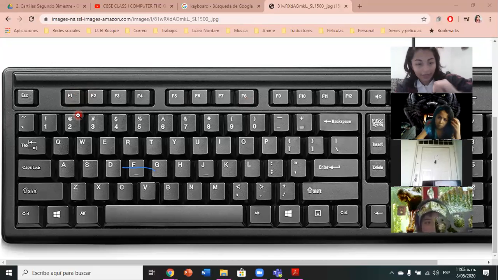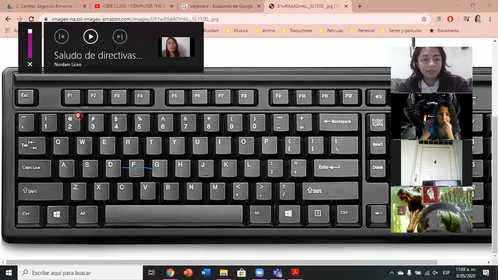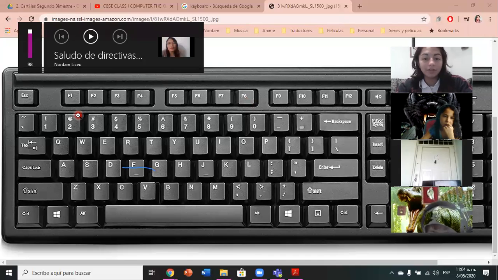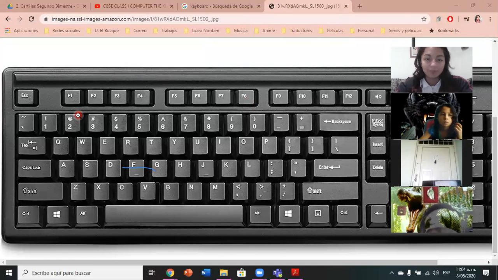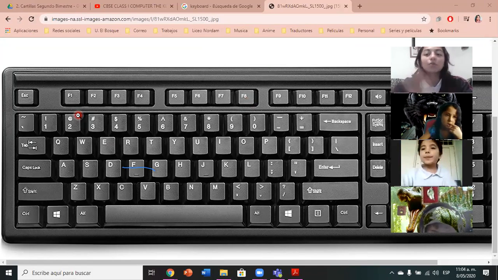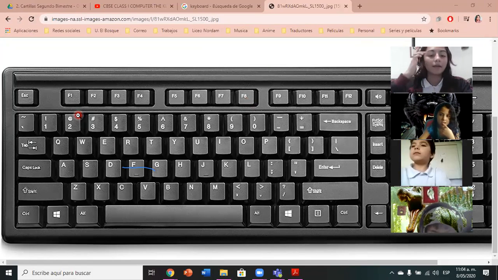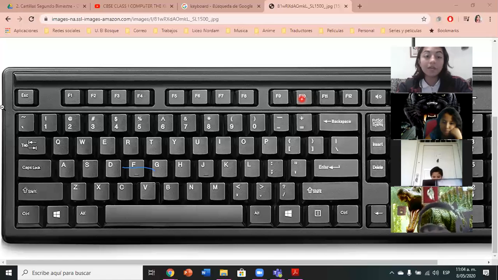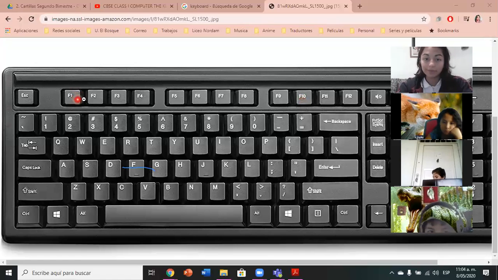In my case, en mi caso, when I click F1, se quita el sonido. When I click F2, se baja el sonido. When I click F3, se sube el sonido. Cuando presiono F4, es para quitarle el micrófono. F5, it's to reload, para que vuelva a cargar la página, ¿ok? So, these are function keys que tienen una función especial,